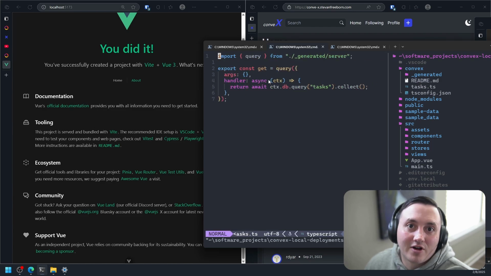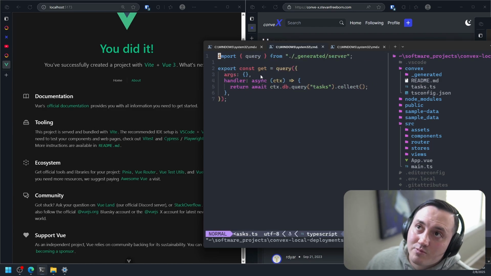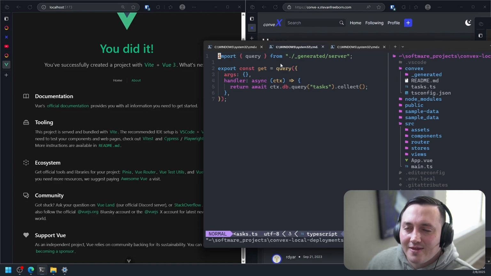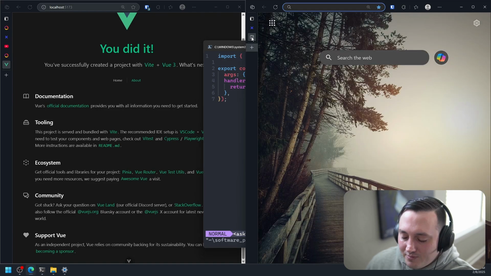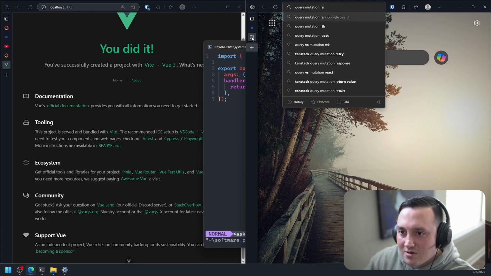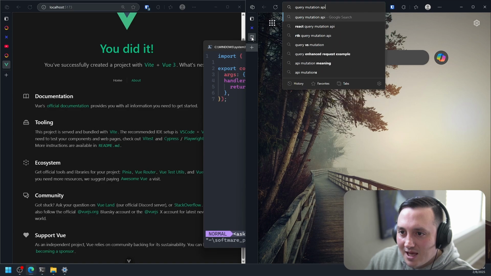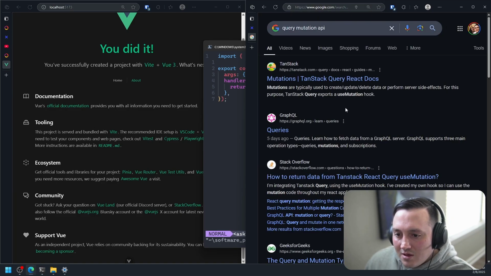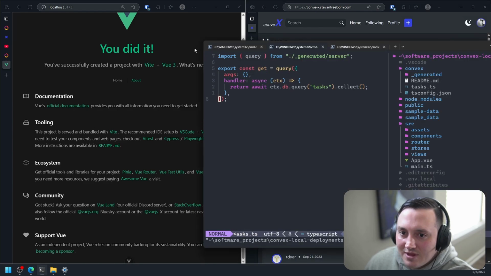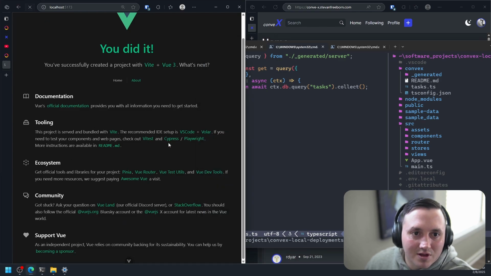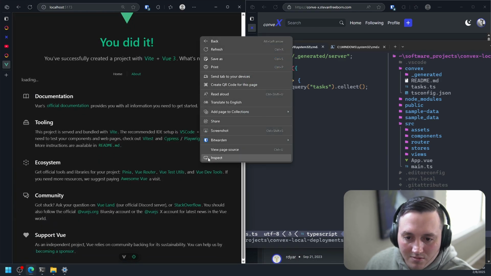This is essentially a function that you're defining, and Convex primarily works off of queries, and then they have mutations for when you want to change data. So they have these two different concepts, which is similar to, what is it, is that GraphQL that uses those terms, queries and mutations? Yeah, I think that's the one I'm thinking of. But anywho, so now with that set up, we should actually see some tasks, I think, if we reload the page. Maybe not.